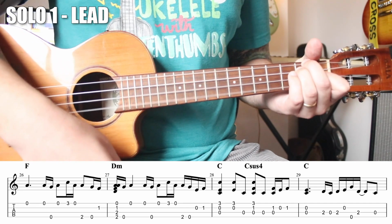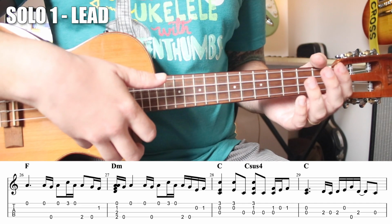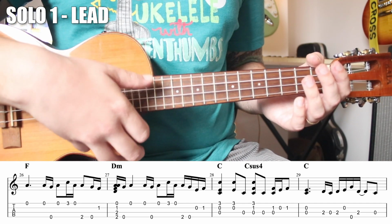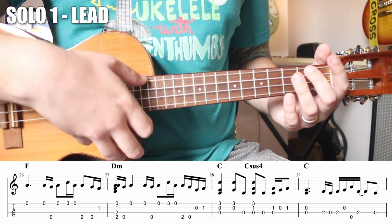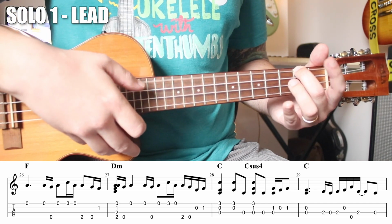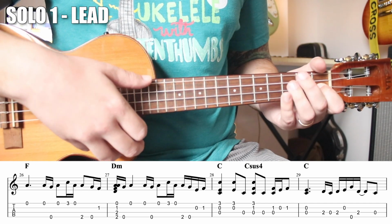D minor, strum all the way through, open G, open A, and then that reverses itself, open A, open G, and a similar run, open, 3, open, then we're going to go down here, 2, open, open, 1 on the E string. So that second measure,